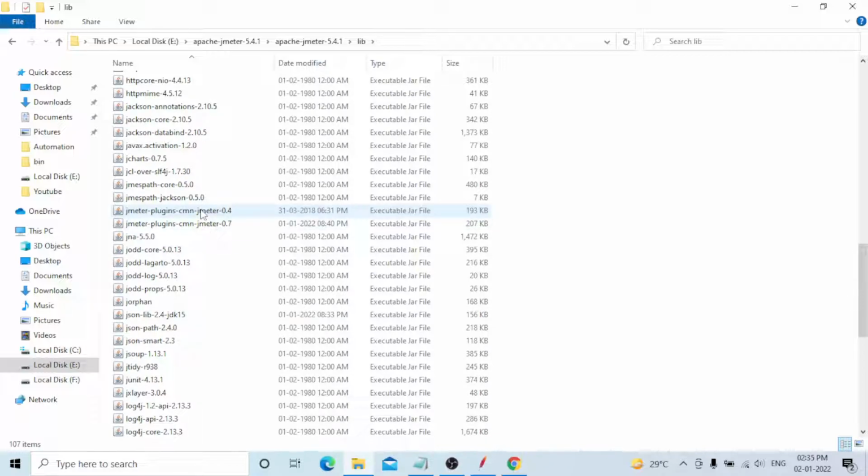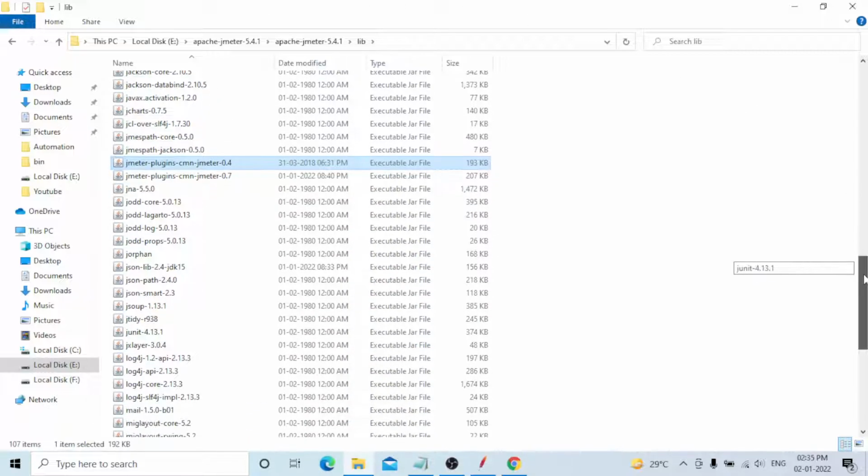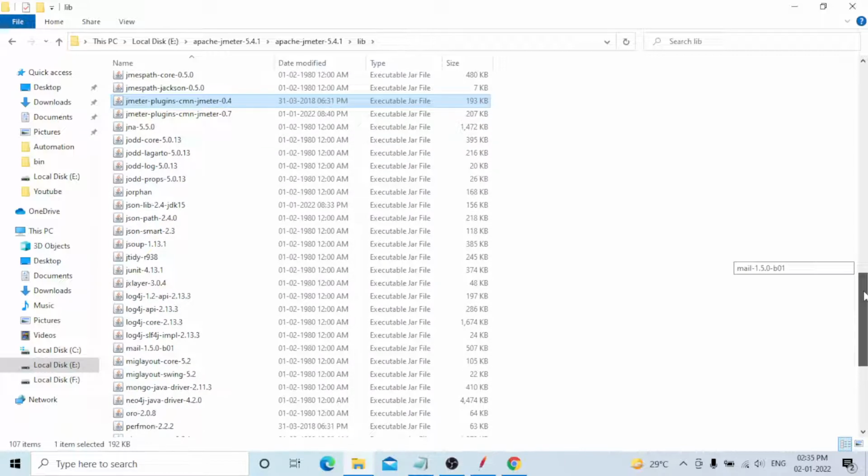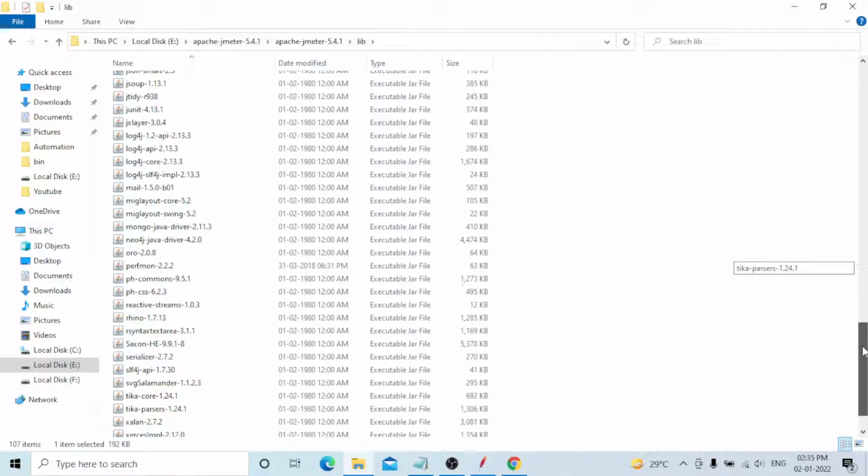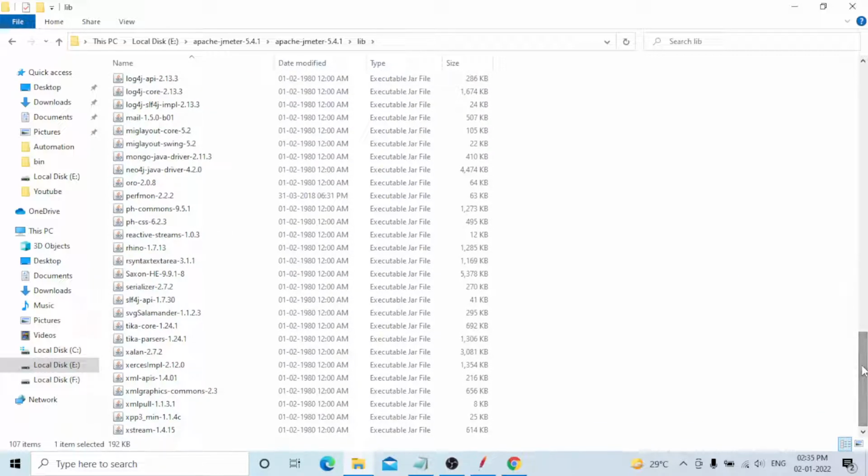Yeah, you can see this one, JMeter plugins cmn-jmeter 0.4.1. The second one is this one, PerfMon 2.2.2.